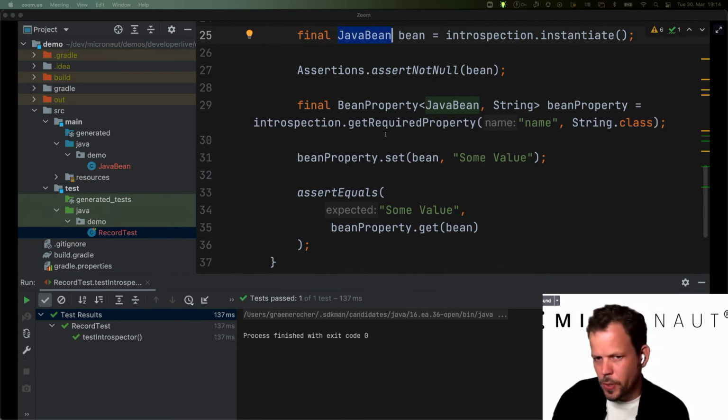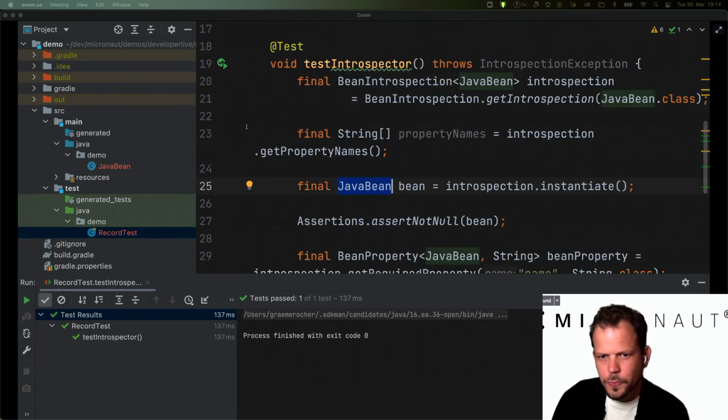We don't have to generate those proxies at runtime; they're already constructed at build time, which is significantly more efficient,